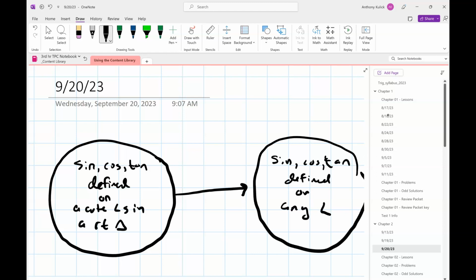So what we want to do here over the course of this chapter is take this definition of sine, cosine, and tangent, where we're looking at acute angles inside of a right triangle. And